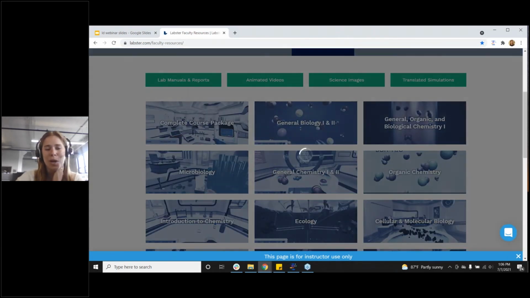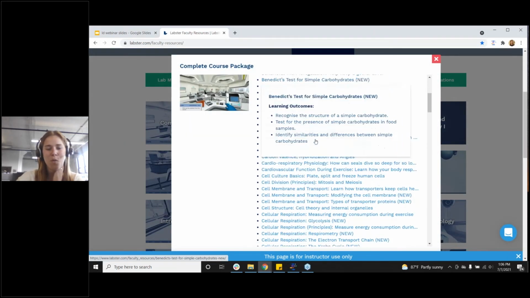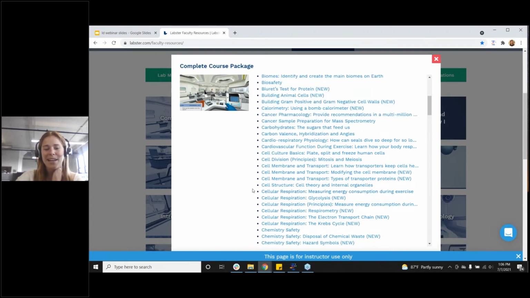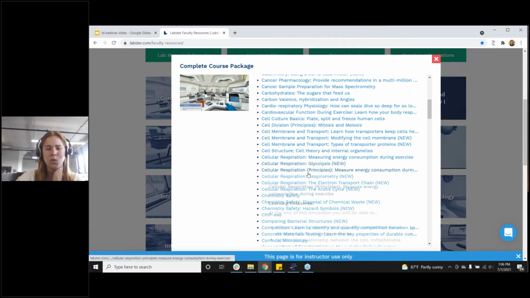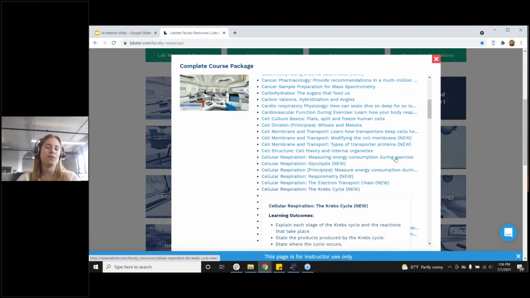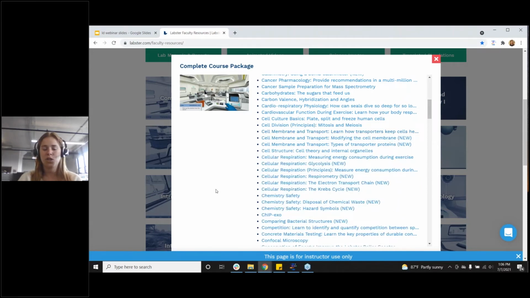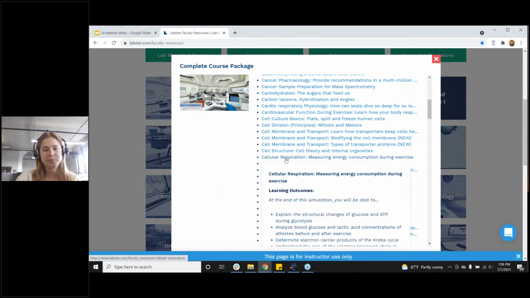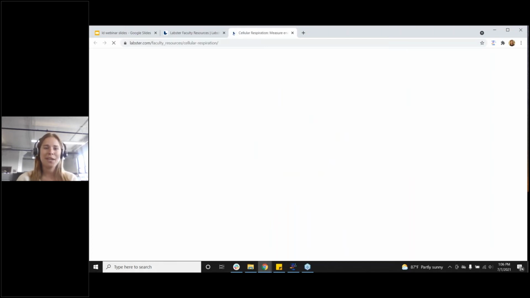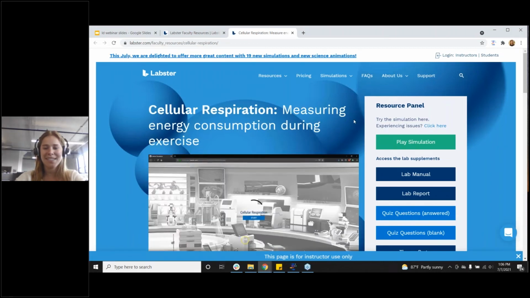But today I'm going to jump into our simulation for cellular respiration. And as you can see right here, we have 1, 2, 3, 4, 5, 6 different simulations involving cellular respiration. What's great about this is students have the ability to learn and grow with Labster. They're not just doing one simulation a semester, maybe the following year repeating it. There's different learning levels and different knowledge bases to help students really grow alongside the platform. So right now I'm going to jump into cellular respiration and talk a little bit more about this simulation.